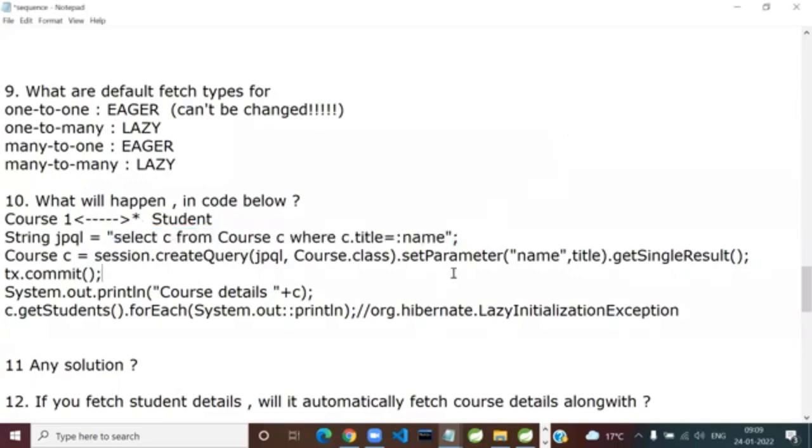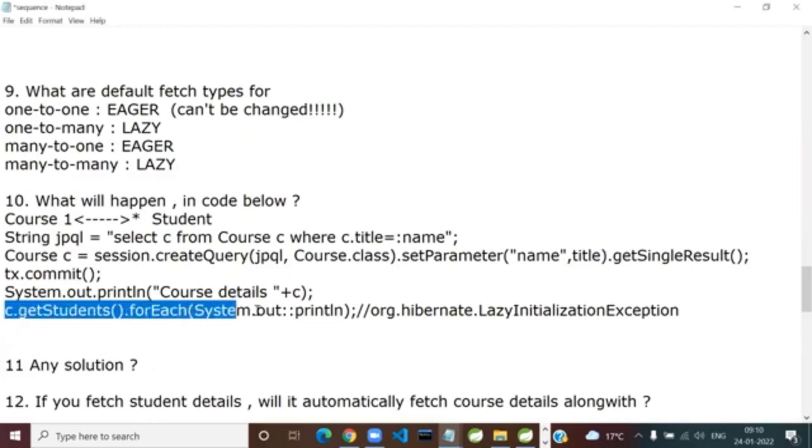So in the course POJO, if you see the students property, that collection-based, list-based property, what is sitting there? The real data, actual data fetched from the database, or its substitute, a proxy? Proxy. And if you try to access proxy data, it is called an uninitialized proxy. Uninitialized proxy means unfetched data from the database.